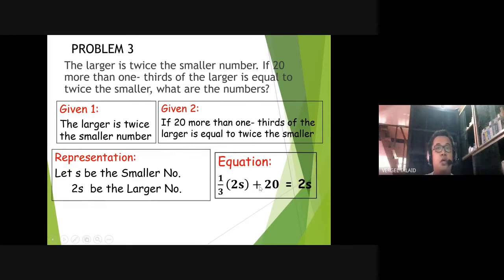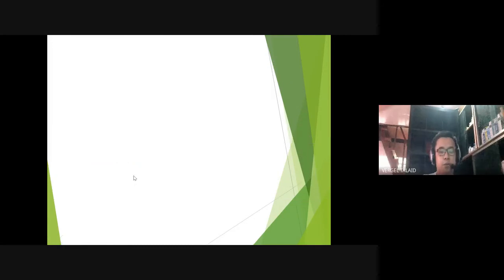Again, 20 more than, so you are going to add 20, one third of the larger, which is 2S, is equal to twice the smaller. The smaller is S, so 2S. So this would be our equation: one third quantity 2S plus 20 is equal to 2S. Now, to solve,